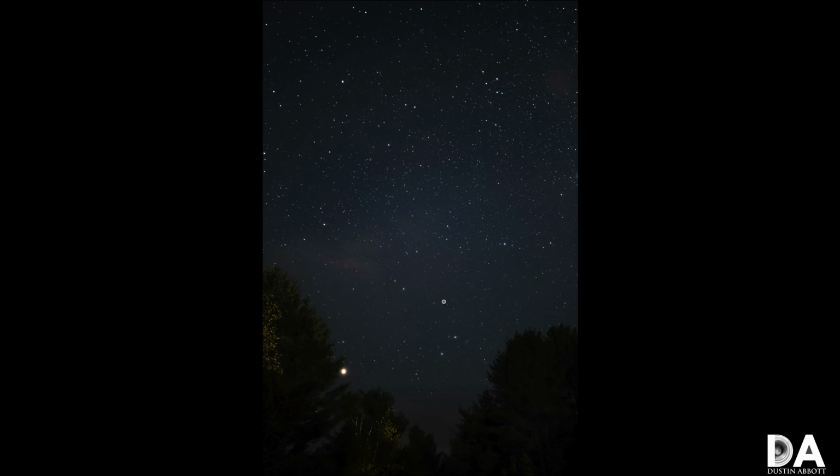At the same time, your big plus here is that f1.4 sucks in a tremendous amount of light. Even though the conditions were very poor, with the naked eye I could only see some of the brighter star points. I was looking up at the night sky and seeing maybe 10 or 15 star points. The plus side is you're able to suck in a lot more star evidence, but if perfect geometry is important to you, that's not so much happening